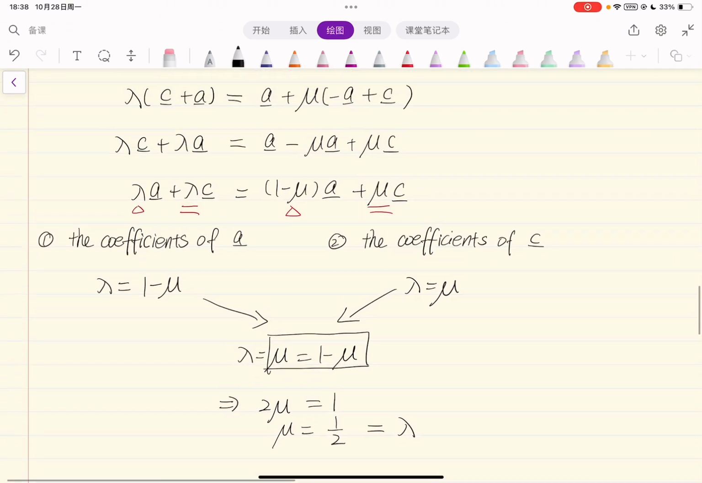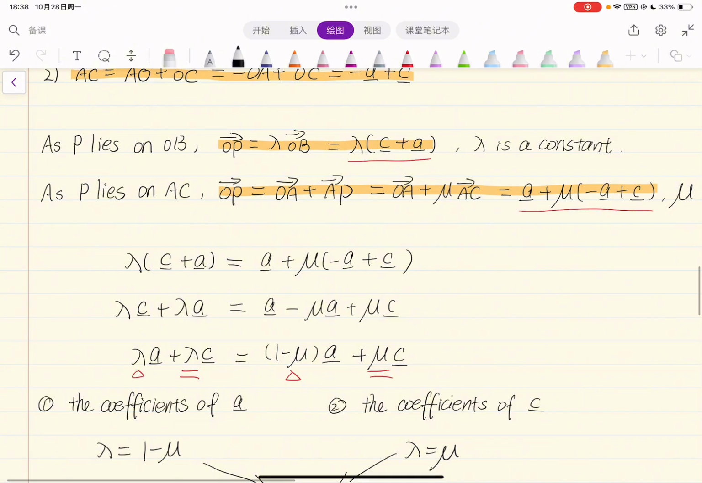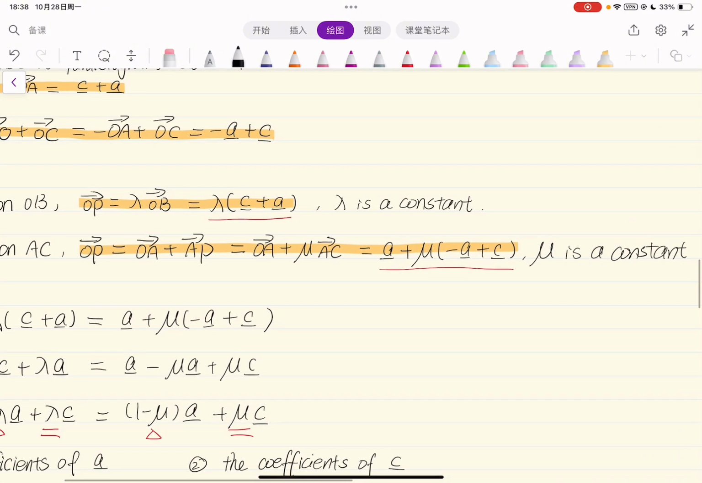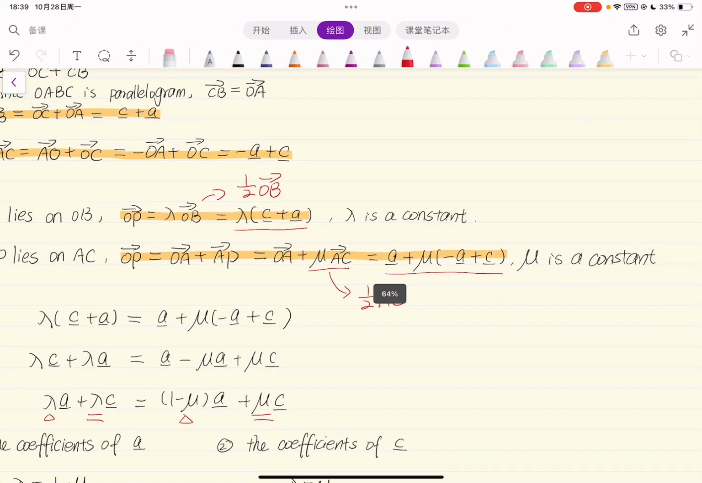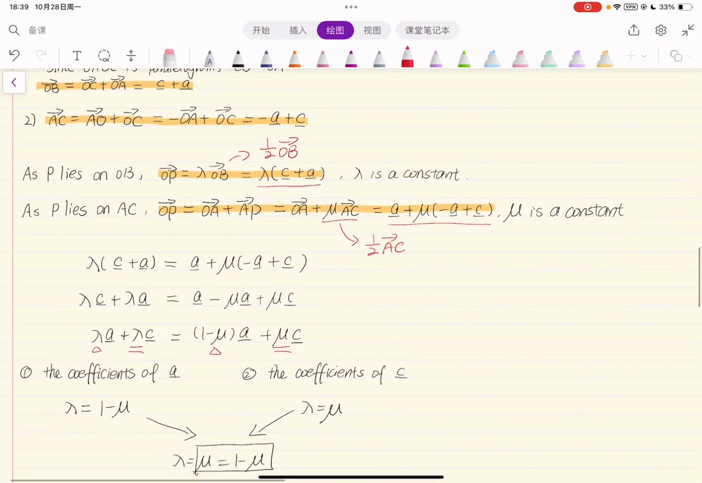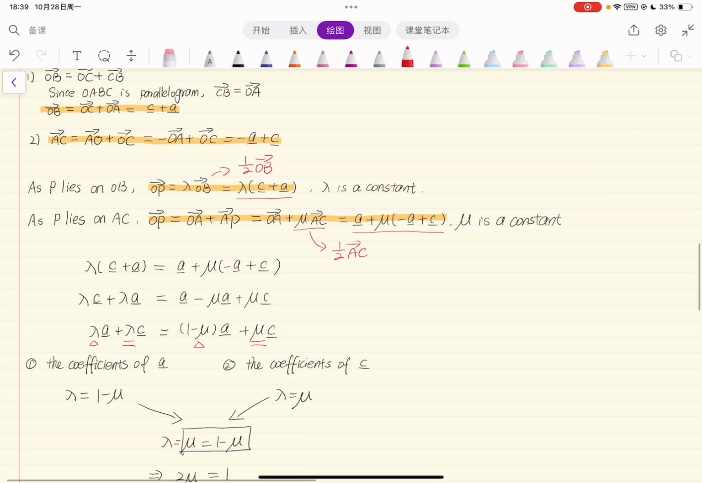We find the value of lambda and mu. And what does it mean? You can see that from here, that equals half the vector OB. And in here, that is half vector AC. Which means P is halfway along the line segment